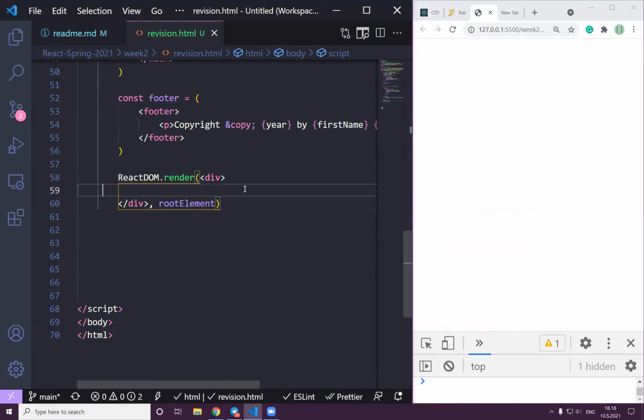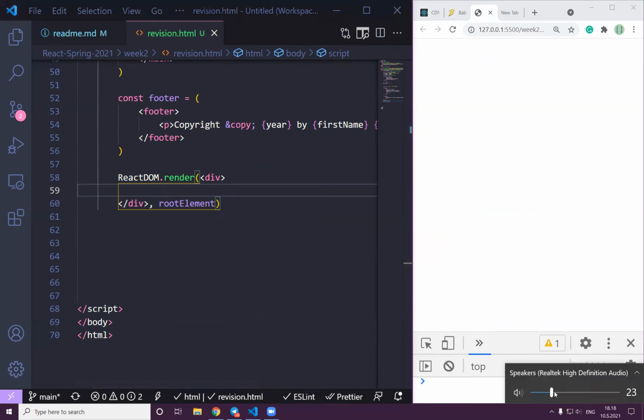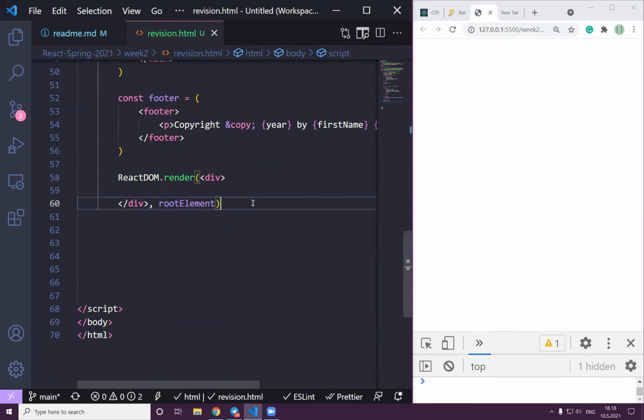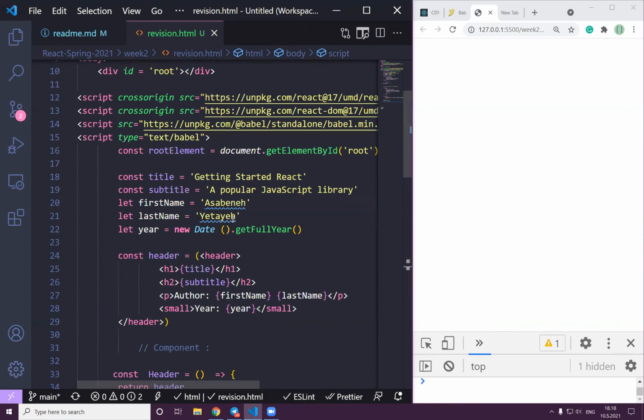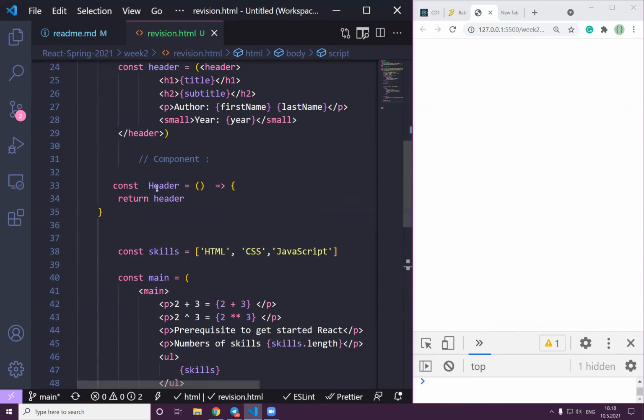Sorry, I want to ask something. Why is it important that the name should start with an uppercase letter, not a lowercase letter? Okay, I will show you. That's a very good question. For instance, now it's uppercase, right? The reason why,